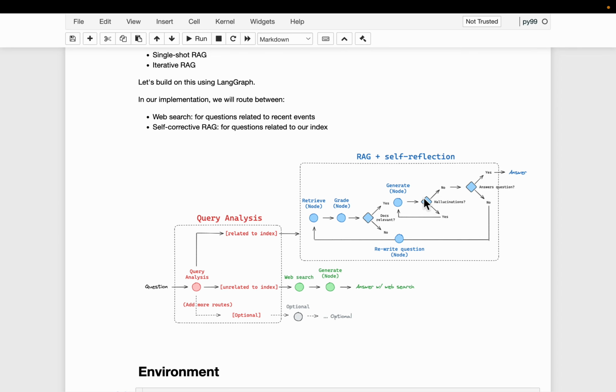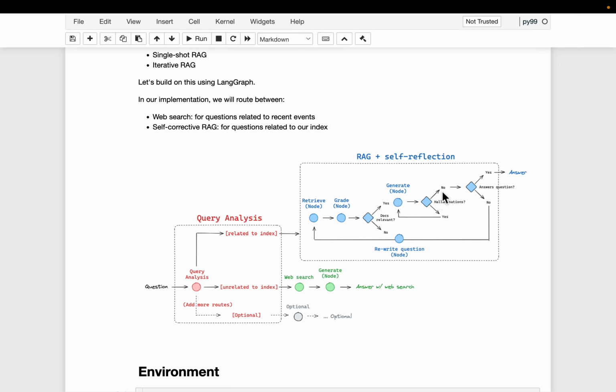Here the answer is generated, and then here we have another grader which checks if the answer is a hallucination or if it's grounded in the provided context. If it is a hallucination, it asks the generator LLM to regenerate the answer.